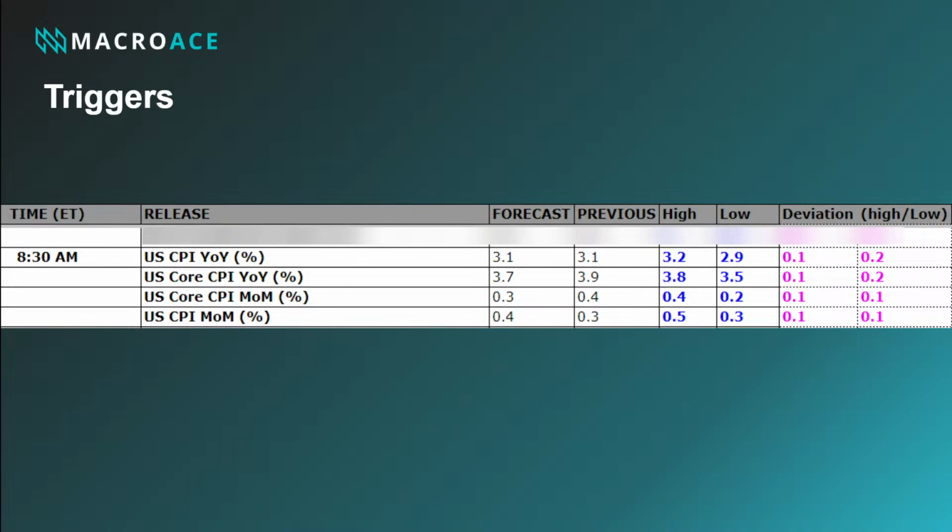So again, everything is more or less the same, except the CPI figures for the low end, where economists are expecting a slightly bigger deviation. If we look at the CPI figures for the year on year, they're expecting it to remain unchanged. For the core, they're expecting a decline. So if you see that the core data is not seeing a decline and it's stickier,